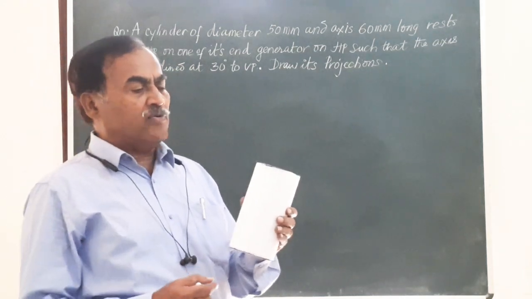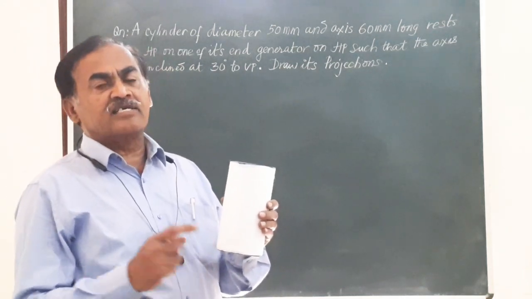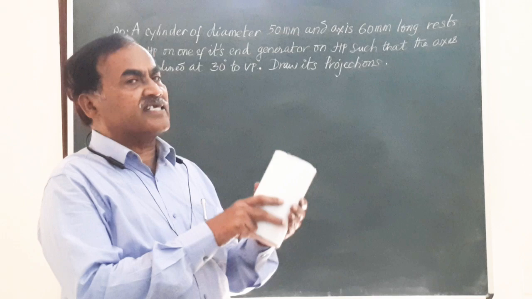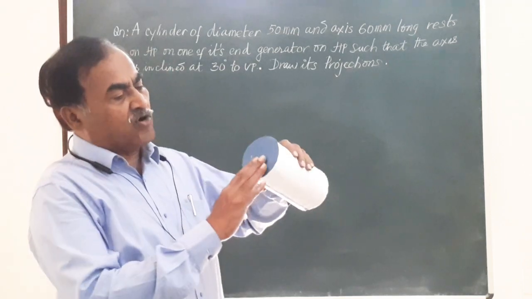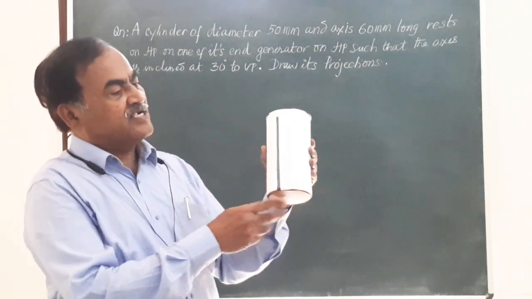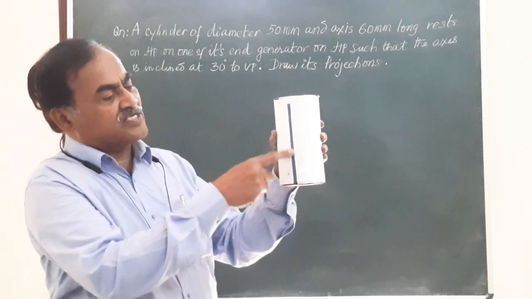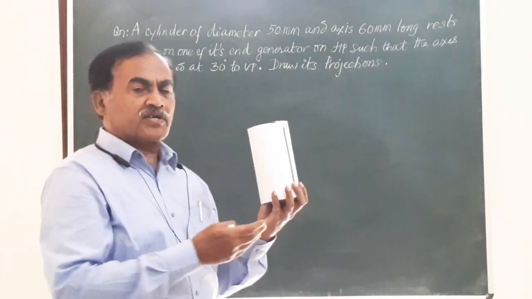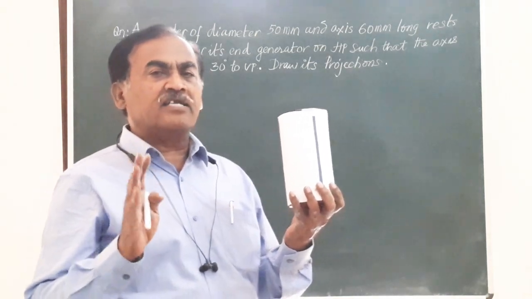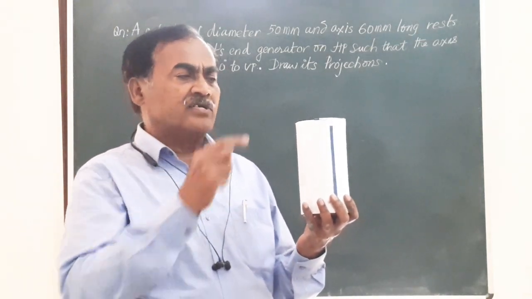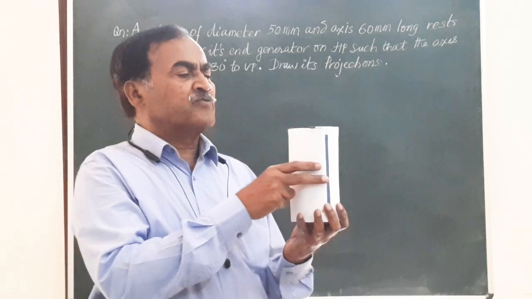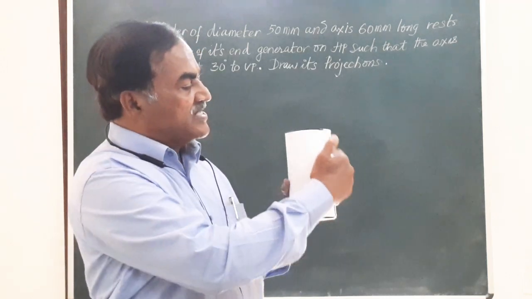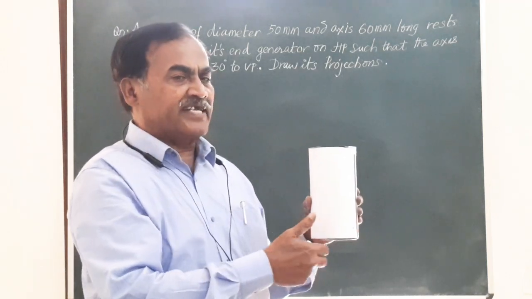So, we have a number of imaginary lines called end generators connecting the top face to the bottom face. And here I have just shown one such generator. So, basically, the top and the bottom can be connected by an innumerable number of end generators. Two such generators are one on the right side, one on the left side.